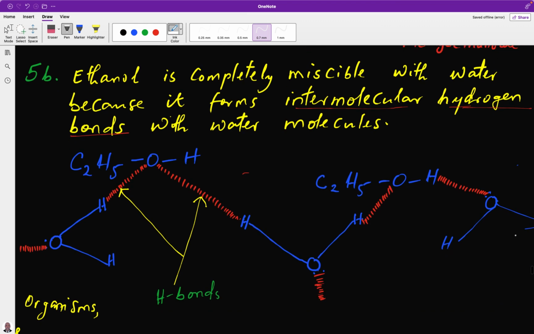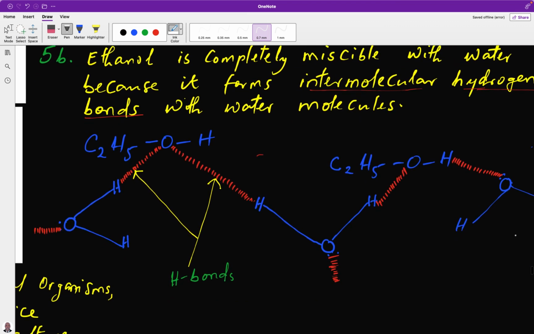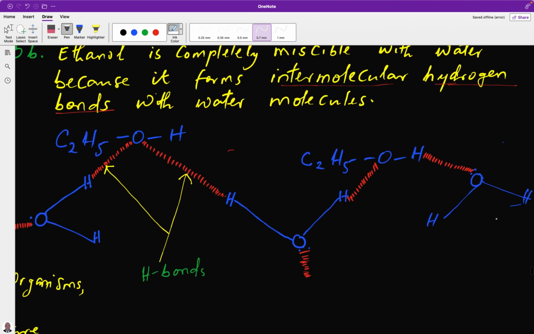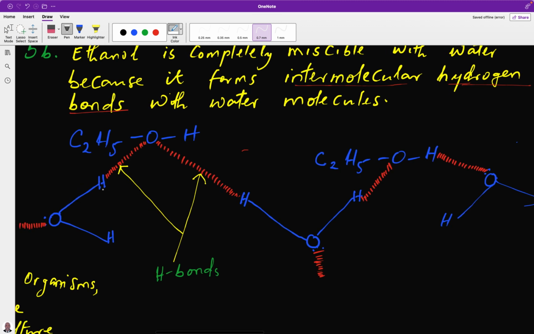When you write like that and you have space and time, this is a molecule of ethanol, and with a water molecule, what happens? There is what we call hydrogen bonds. A bond formed when hydrogen attached to a highly electronegative element attaches itself to a second electronegative element, to a second hydrogen which is attached to a highly electronegative element. These are hydrogen bonds, and you see how they are being indicated.